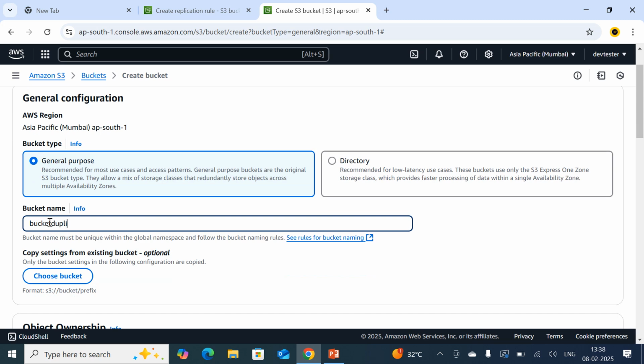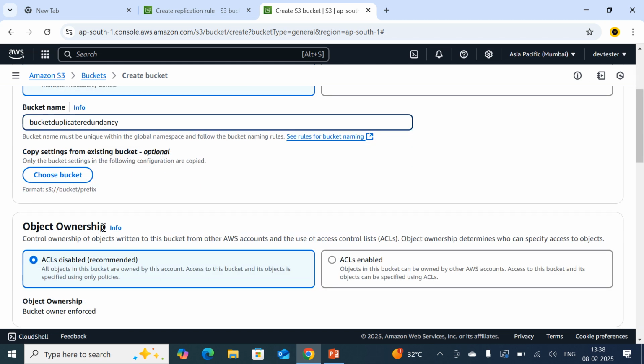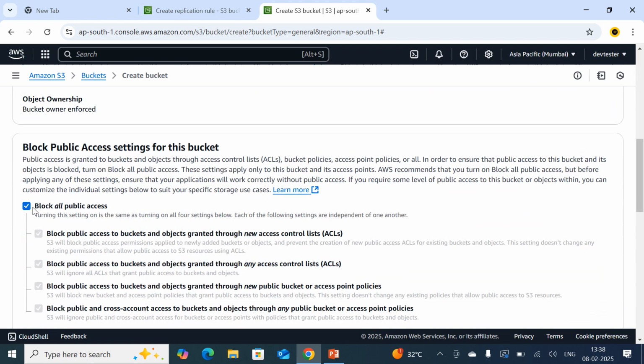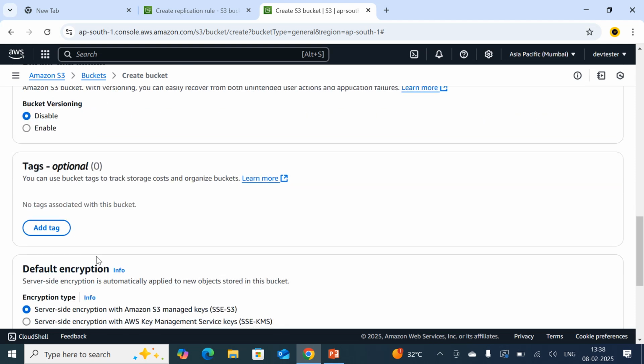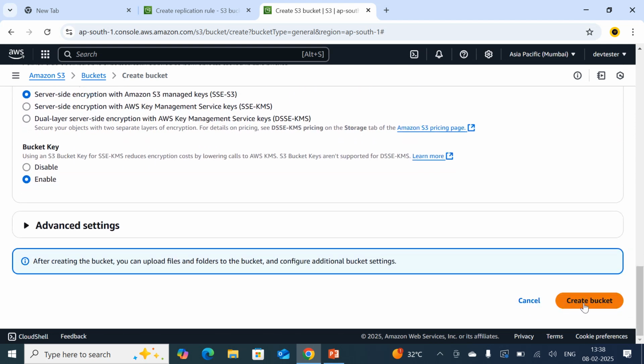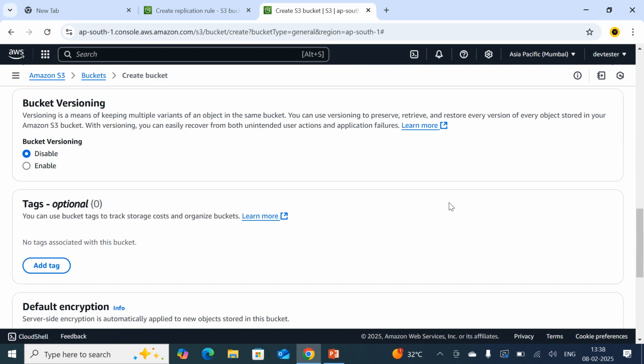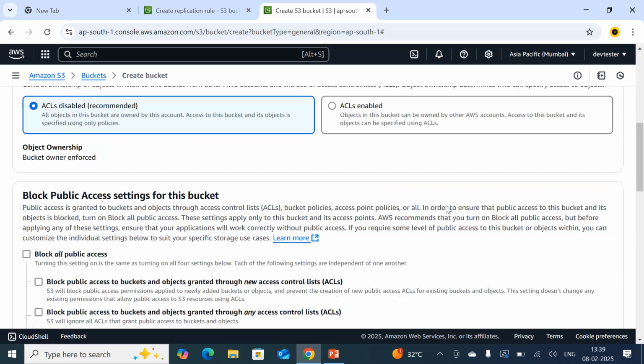Bucket duplicate redundancy. Okay, and disable, versioning disable. Okay, fine. So leaving everything, just create the bucket and just make sure.